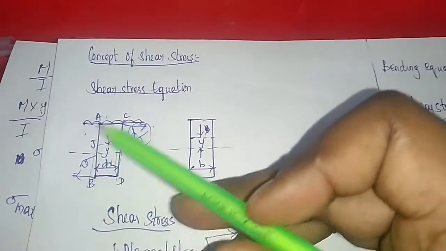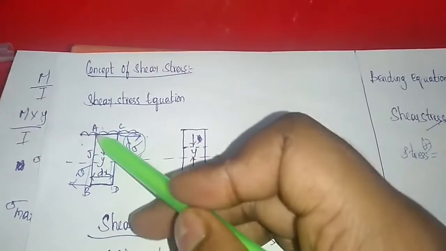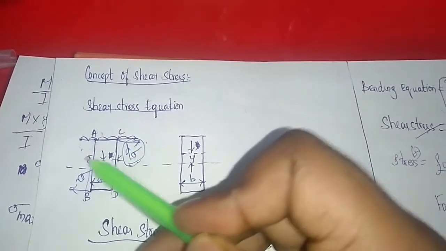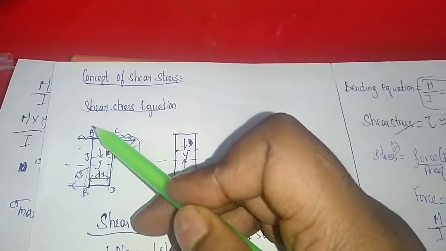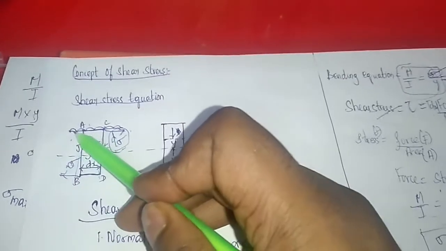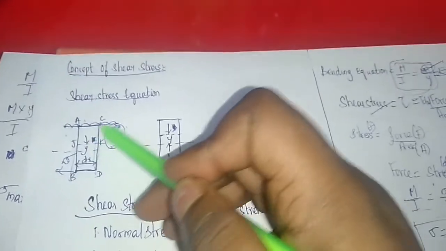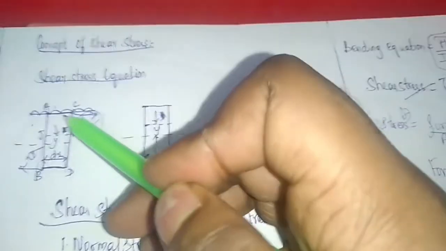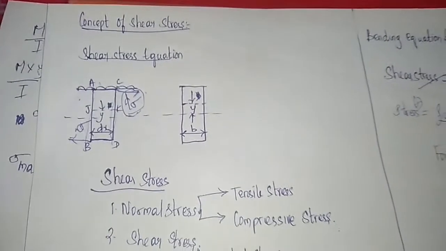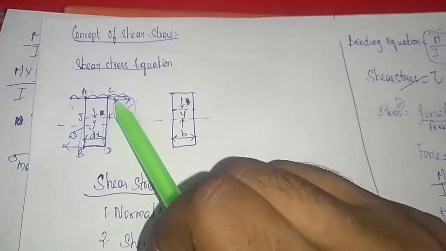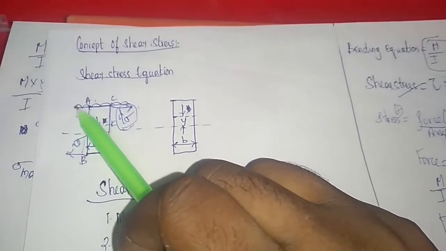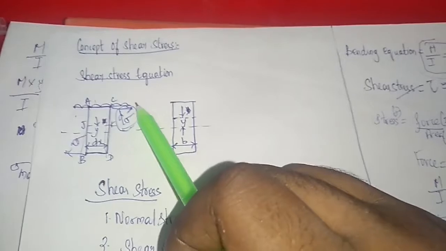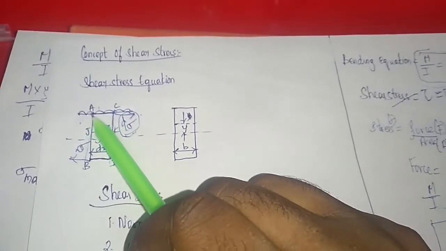So what is the stress actually in the side CD? Sigma plus d sigma. From this side to this side, see how load is applied. Load is applied from side AB to side CD. You can see this in the figure. Force is acting from side AB to side CD. That is how the UDL is acting, from AB to CD. So stress will act from side AB to CD, right?